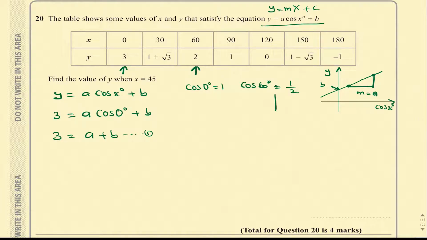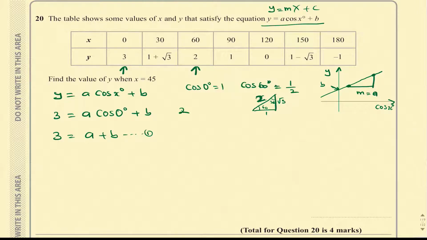Well, take an isosceles triangle. This is root 3, this is 1, and that's 2. So that's 60, and that's 30. So cos of 60 is adjacent over hypotenuse, which is a half. Now, therefore, I'm going to have the second equation to be